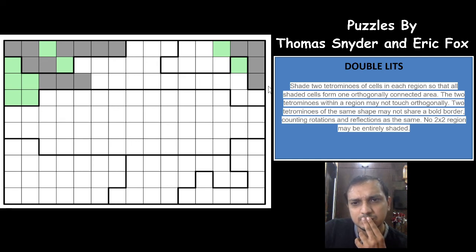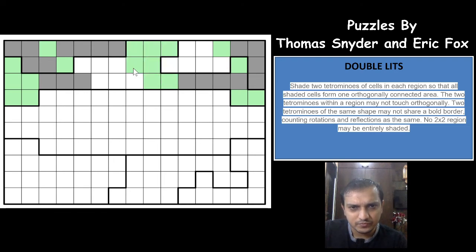That's nice. Now this cannot be shaded. Now this tetromino has to go out. This cannot be shaded because you'll form a 2 by 2 group, right? So this will be unshaded. This can be shaded, but you'll form an L here. Again, the same L. So this will be unshaded, and then you form an I here. That's nice. So you already have 2 tetrominos in this region. Wow. Excellent. What a good start logic this was.